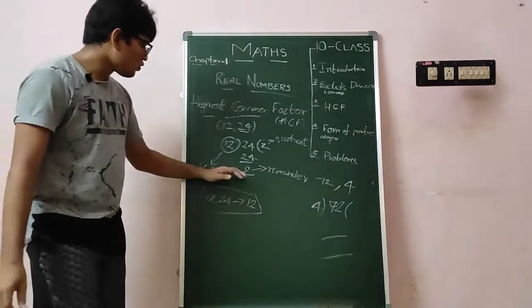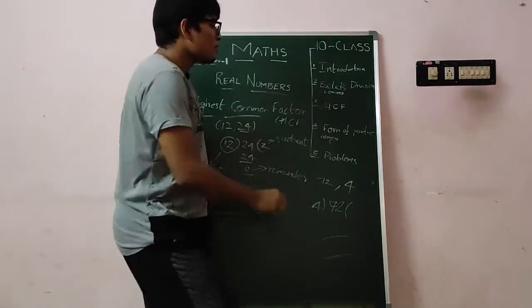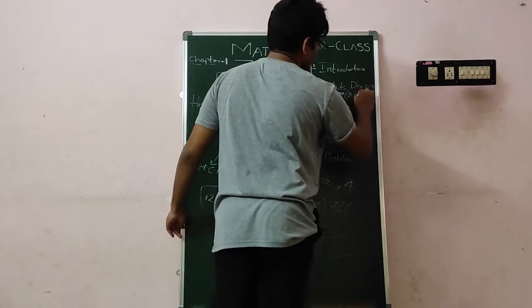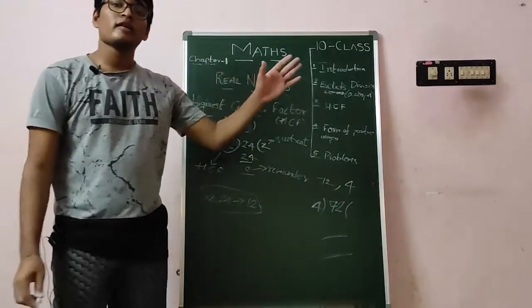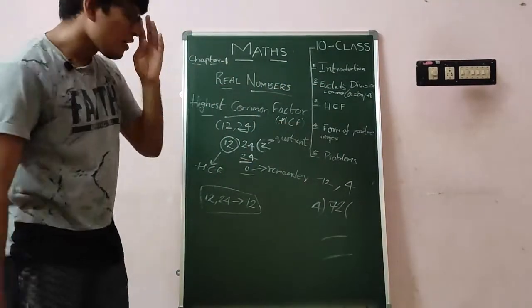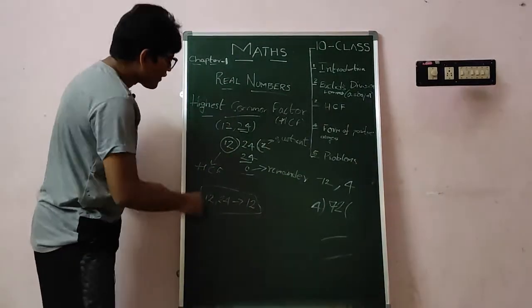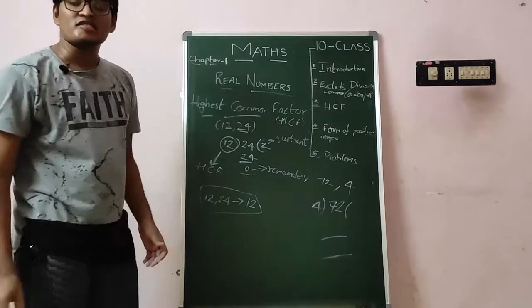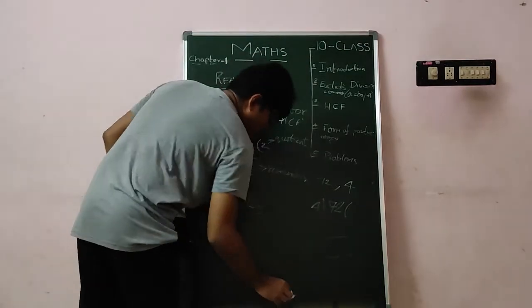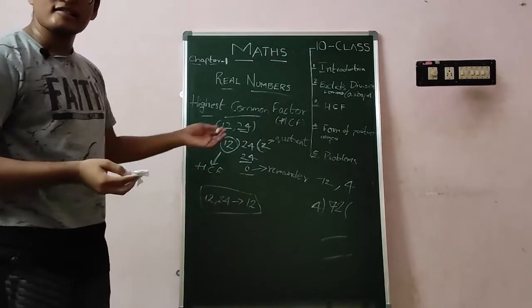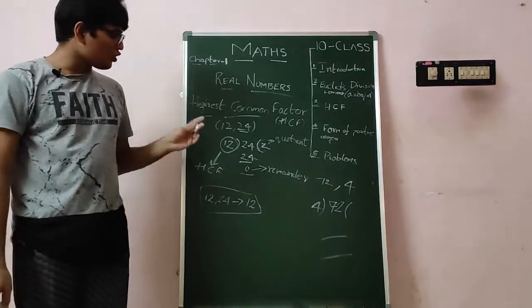Now when our remainder becomes 0, as we discussed in A equal to BQ plus R in Euclid's division lemma, when R becomes 0, we stop the Euclid division method. In the same way, when R becomes 0 in this method, we will stop the problem and note down the divisor as HCF. This is just a one step process. We will see the next example to see how to find HCF in the same method. Note it down, students. Pause the video and note down the solution.